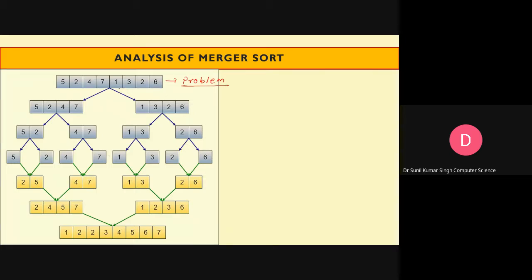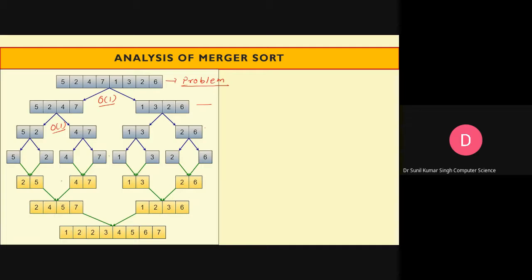Now we are going to split them into sub problems. So here sub problem, then sub problem, and then here sub problem, like this. So we are splitting the numbers till each array contains a single element. And of course, if we have one element in the array, then by default it is in sorted order. So these divisions are going to take order of one, constant time.